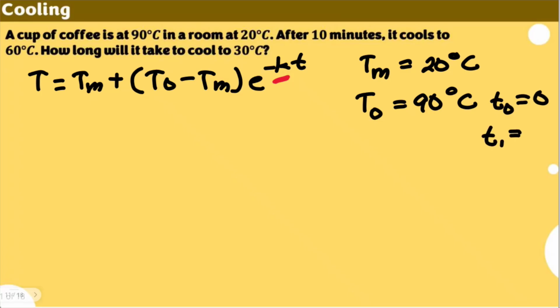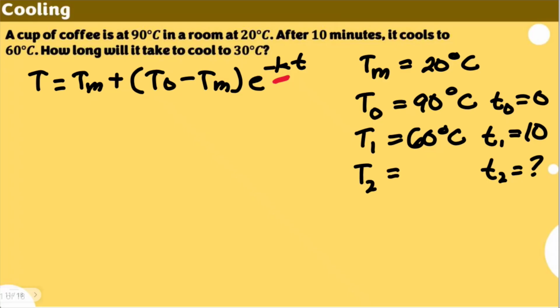After 10 minutes, I'm just using 10 here. I'm going to drop the minutes, and later on I'm also going to drop the units for temperature. Later on, we're going to apply them as soon as we are done with solving. But this time, to manipulate it freely, let's drop the units. At 10 minutes, the temperature of our coffee is 60 degrees Celsius. So we are asked for what time it would take for the same cup of coffee to cool down to 30 degrees Celsius. So we're going to solve for k first by plugging in these values, because that k is true for the rest of the situation.